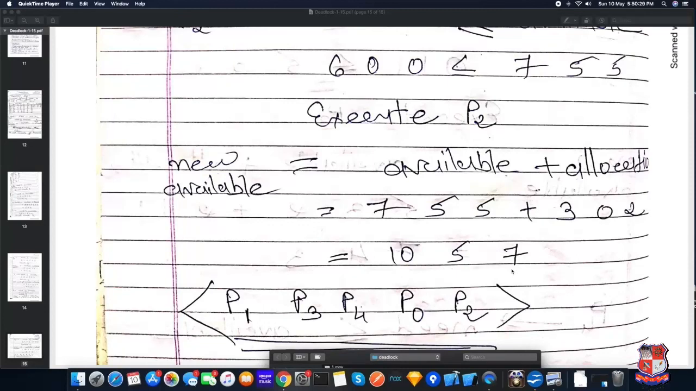So we can find out the safe state, and at last we find the safe sequence. My safe sequence is P1, P3, P4, P0 and P2. It means if we follow this sequence, P1, P3, P4, P0, P2, then the system